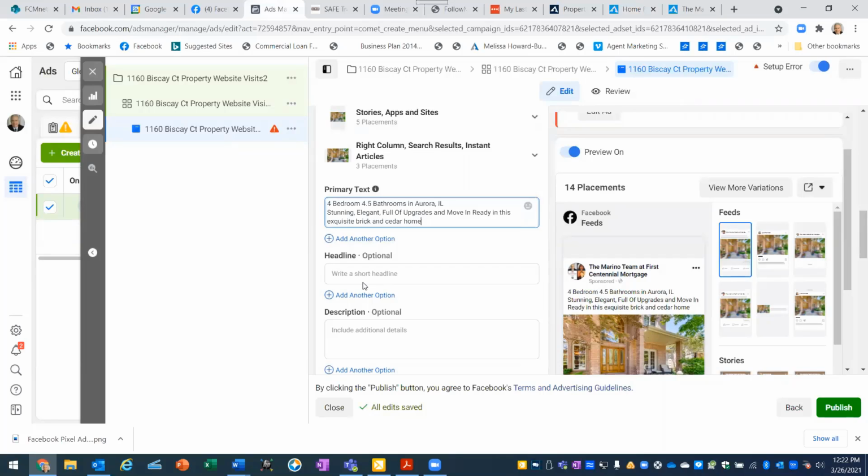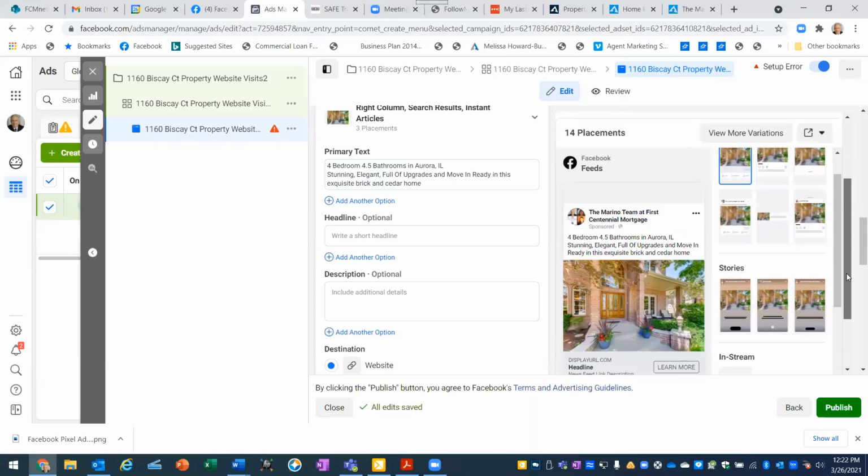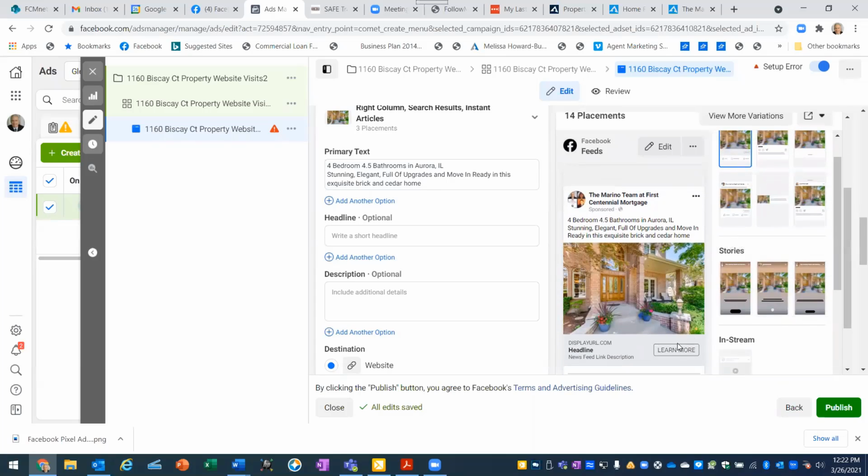I think it's going to be too long because, again, remember, the third thing is I want the click learn more button up here, because when people see the see more button, some will click it, some will not. I want the click learn more, which will be down here underneath the photo. I want them to click learn more because behind that learn more button is going to be your landing page, which they're going to be asked for their name, email, and phone number. Those that fill it out, you're going to help. Those that don't fill it out are going to go into your custom audience. So we're going to go,